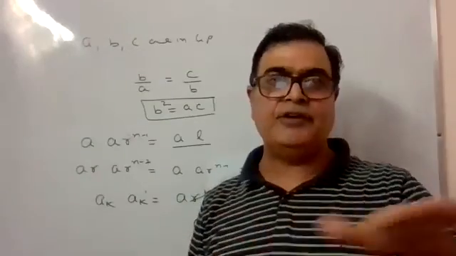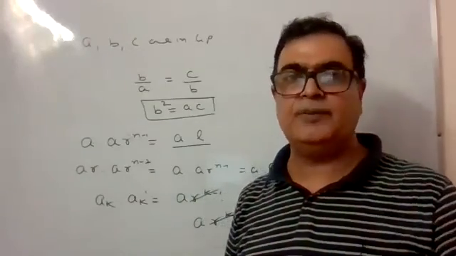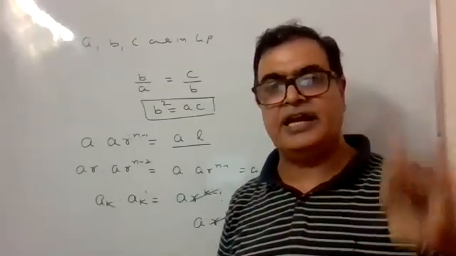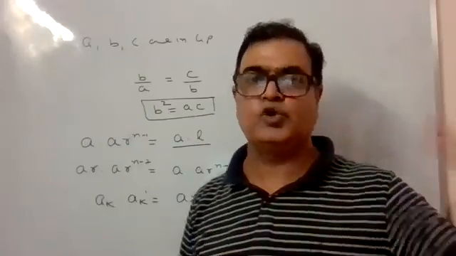By the way, if four terms are in GP, it is better to take the first term as a, then a r square and a r cube, and we will be doing the